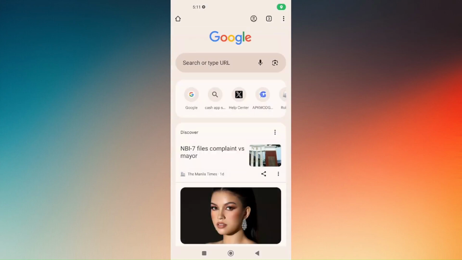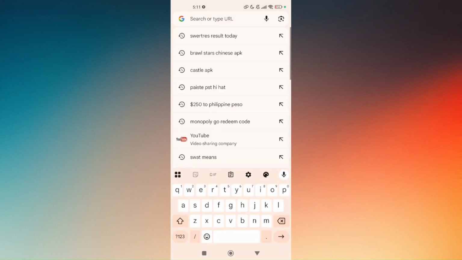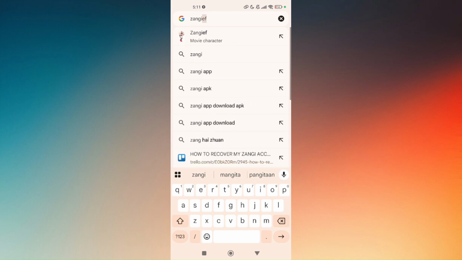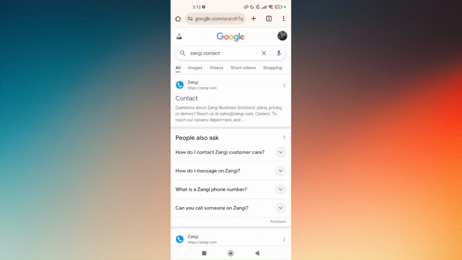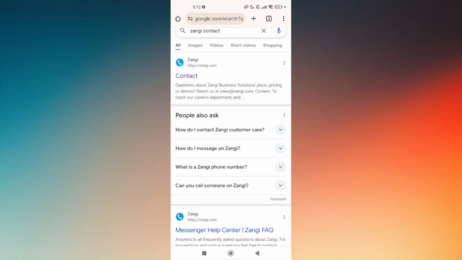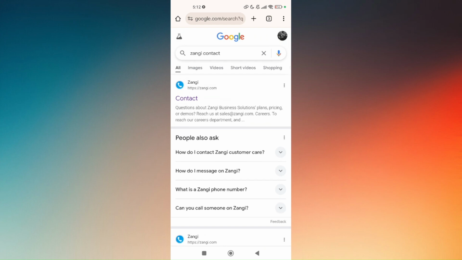So what you want to do is preferably open up any preferred web browser that you can use on your phone, and then in the search box, simply type in Zangi contact. Now you're going to be seeing a bunch of options, as well as the people also ask field. So what you want to choose from here is to head directly to the contact tab, which will take you